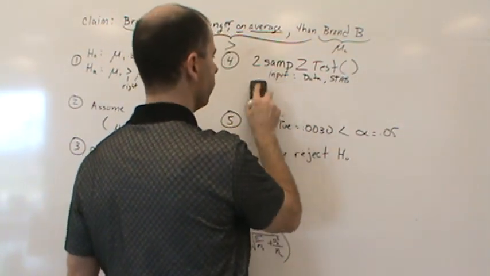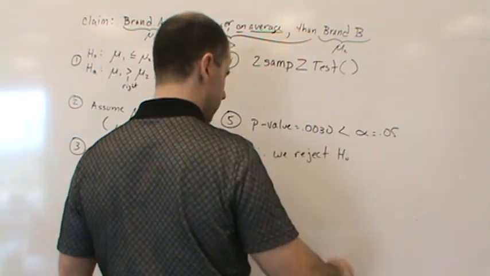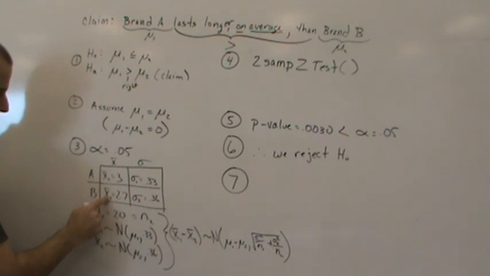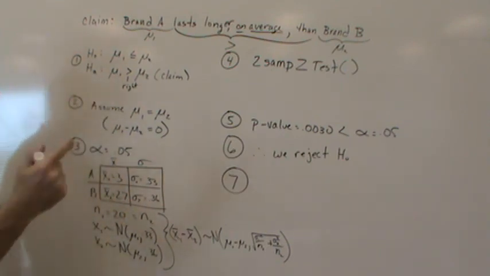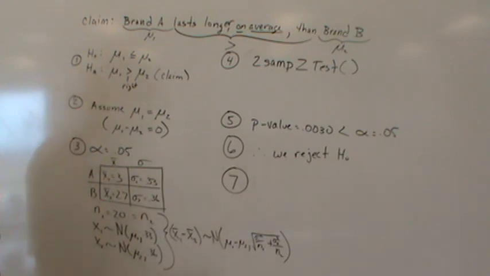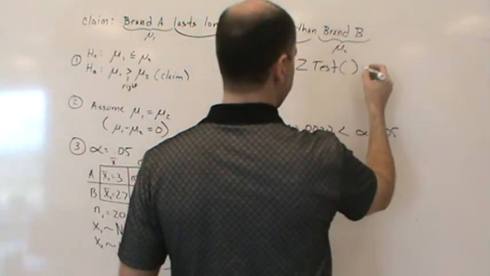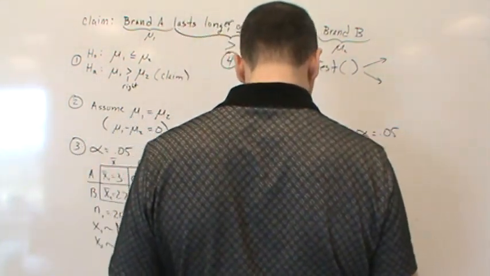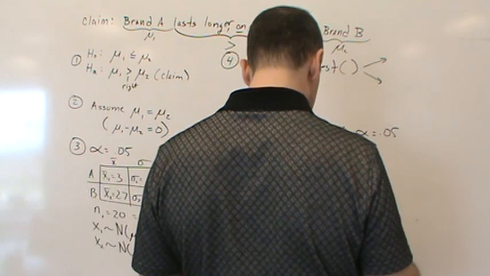So you've got to put all of that information into the calculator. So I'm not going to do that. Okay? But if you plug in all the information from step 3, so you're going to have x bar 1, x bar 2, sigma 1, sigma 2, n1, n2, and then you need to know what the alternative hypothesis is. The null hypothesis will always be the same. It's going to be 0. So it's not going to ask you for that because it's always 0 when you're dealing with 2 populations. Okay? So anyway, you put that in your calculator, and what you get is a z-score